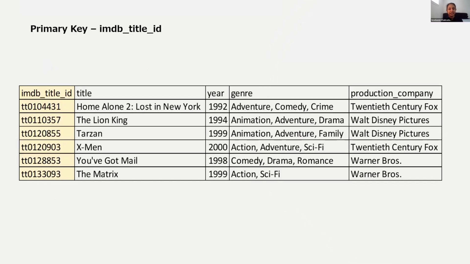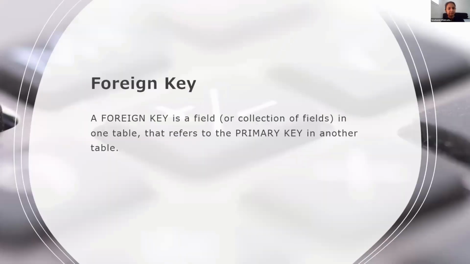In our case, in IMDb movies, IMDb title ID is our primary key. And if you look, every primary key is different from each other, and they would never be null. The primary key can never be null. Another concept is a foreign key. A foreign key is used when we have to deal with more than one table. If we have to join one table to another, we use this foreign key to join to the primary key